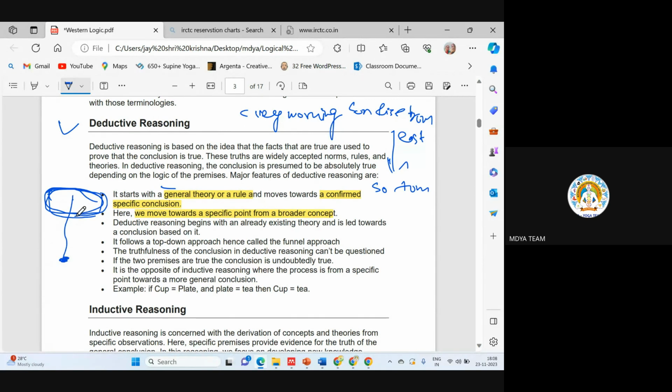So this is looking like a funnel shape. So that's why it is also known as top down. Top down means from a general theory, we are going towards a particular point. From a general theory, we are going towards a particular or specific point. So it is top down approach. Deductive reasoning is top down approach, and hence called the funnel approach because